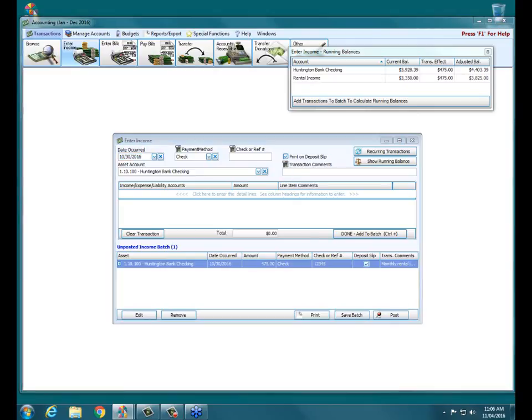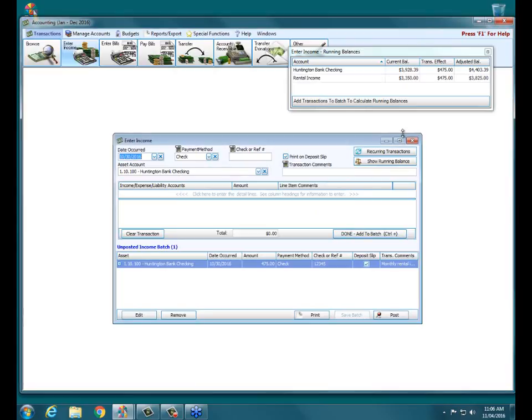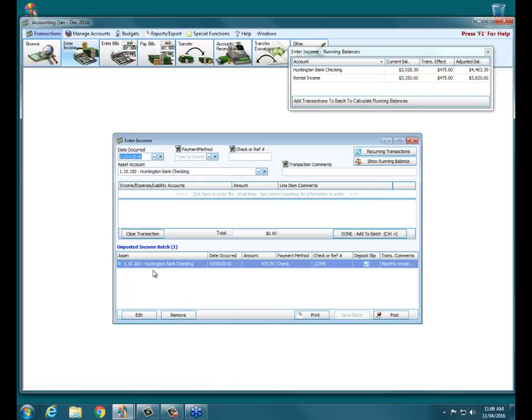One of the things that I think is overlooked about transactions in general, whether in donations or accounting, is that whenever I'm working on something that we label a batch, don't forget you've got this Save Batch button down here. If I get called away from my computer but I'm not ready to post, if I click on that Save Batch button, it will pop up and say batch was saved successfully. If you don't get the batch was saved successfully dialog box, the batch itself is not saved. But I could close out of my Enter Income window, I could even close all the way out of ChurchWindows, come back in, and once I go back into Enter Income, I'm right back where I left off. Very important in terms of entering donations too.